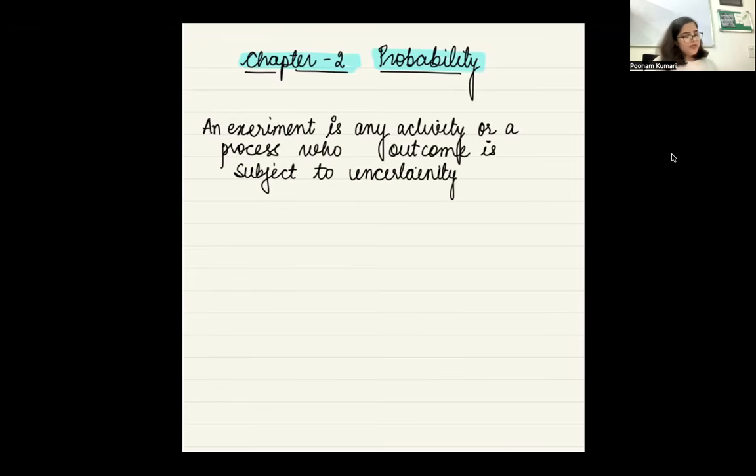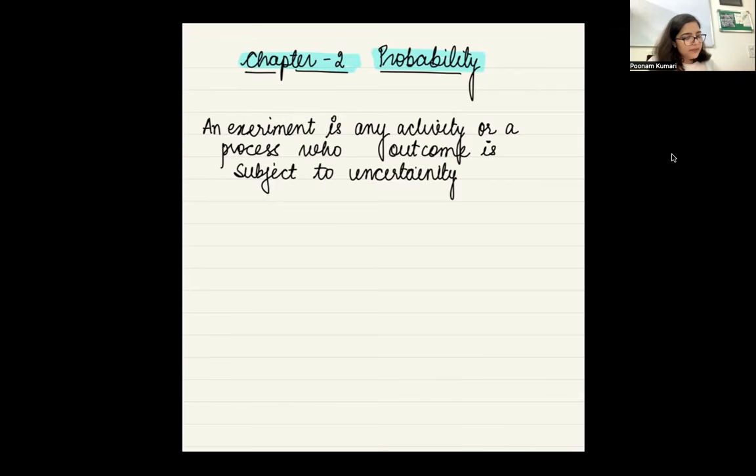What does that mean? So for any experiment, you say that I am doing this experiment. That means when I perform that experiment, what is going to happen? What is going to be the outcome of that experiment? That is not certain. So we actually don't know if that event is going to happen or not with certainty. Okay. For example,